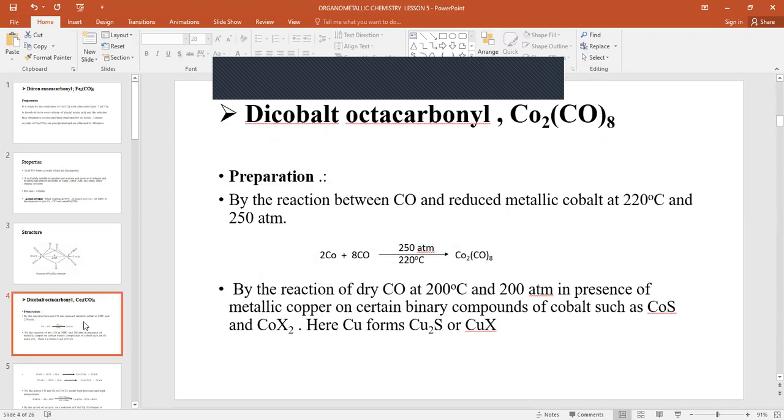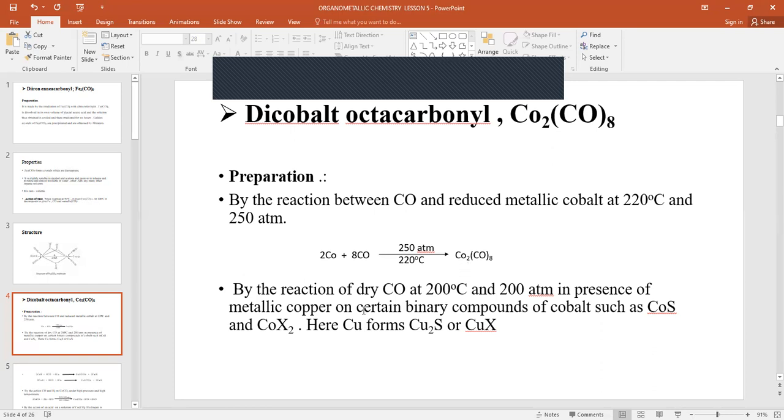Another example of metallic carbonyl is dicobalt octacarbonyl. Preparation: it is prepared by the reaction between carbon monoxide and reduced metallic cobalt at 220 degrees and 250 atmospheric pressure. So cobalt plus carbon monoxide at 250 atmospheric pressure and 220 degrees Celsius, we obtain the dicobalt